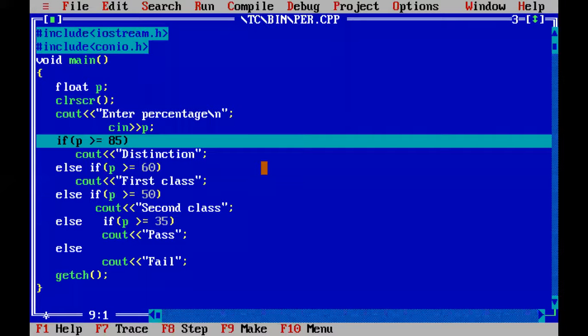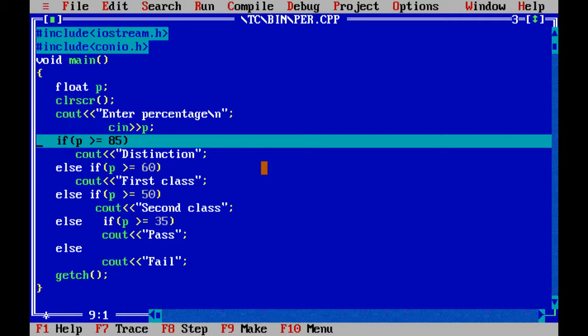Now it will check the first condition. It will substitute the value of P here. P value is 45, what we have entered on the console screen. If P greater than or equals to 85, by looking at the condition only, you can say, we need not calculate like solving a mathematics problem.